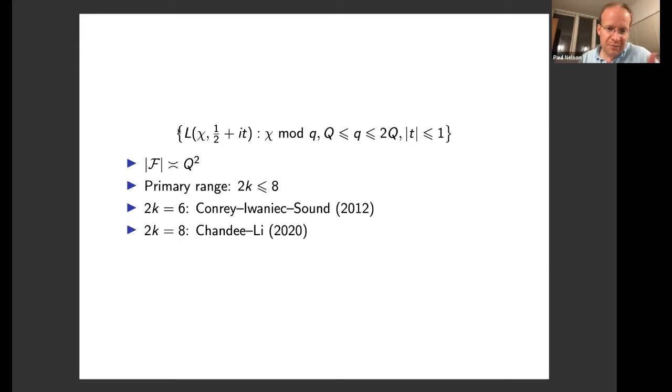And so then for something like this family, which has size something like Q squared, the primary range would now be up to 8 rather than 4. And indeed, people have successfully over the years been able to chip away at higher moments. So Conrey, Iwaniec, and Soundararajan understood the 6th moment asymptotically, and then more recently Chandee and Li the 8th moment. I guess here they don't quite get a power savings asymptotic,